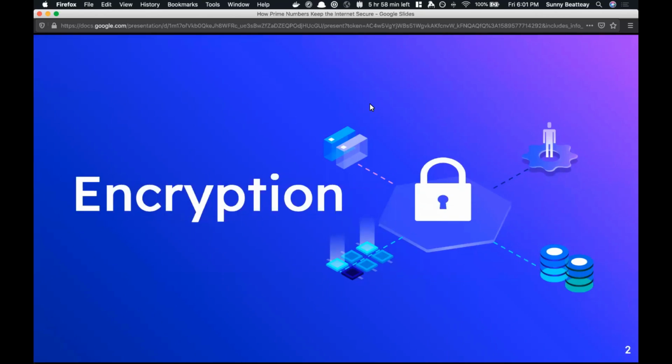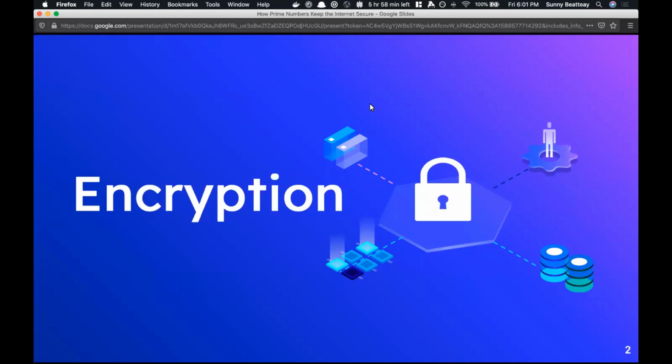And so encryption is very important to today's internet. It's basically the reason why our data is able to be transmitted securely across the internet. And it allows us to do simple things like registering usernames and passwords into websites like Facebook or Google, but also allows us to do complicated things like online banking. So without encryption, our modern day internet would essentially collapse. So encryption is the main focus of today's talk.